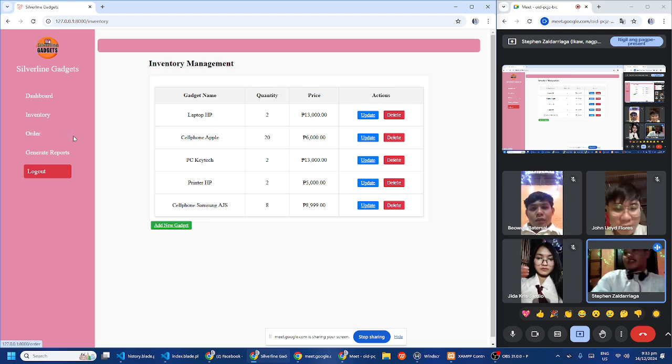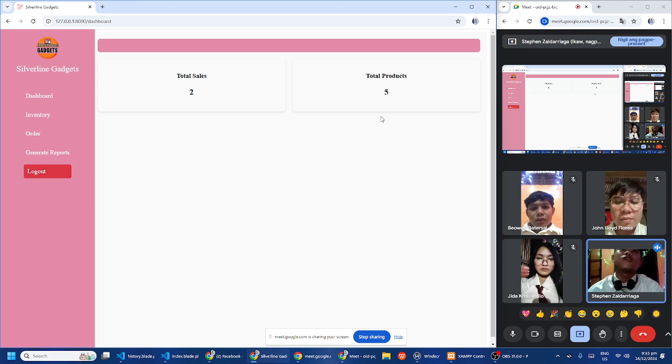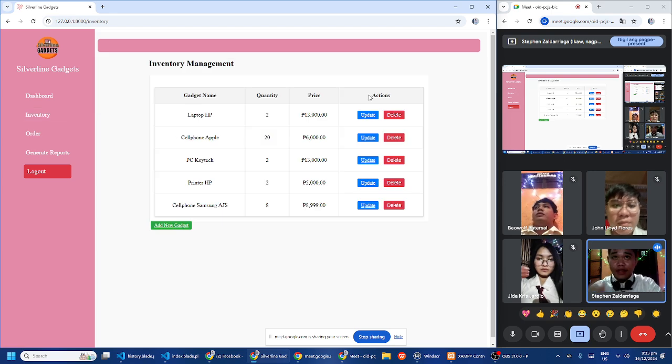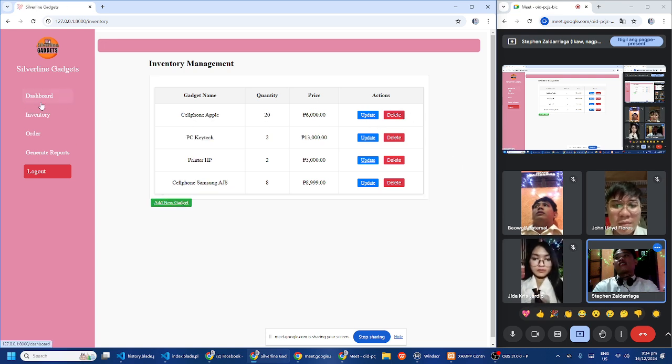Go back to the dashboard. So the total product is 5. About this inventory, we can delete a product if we have one. So on the laptop page, you can delete this like that.